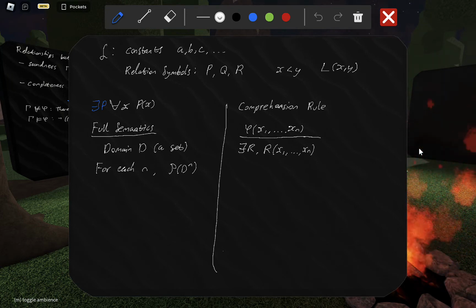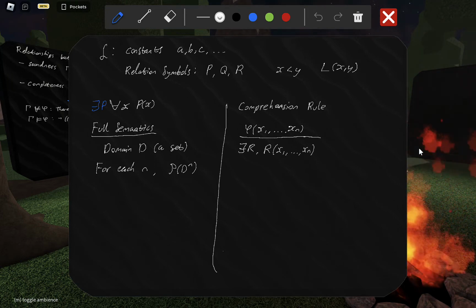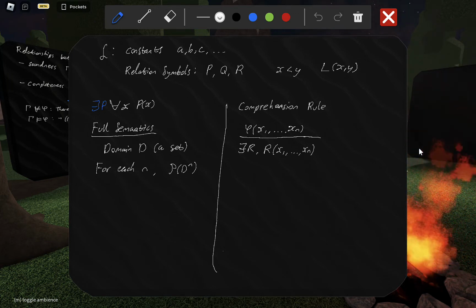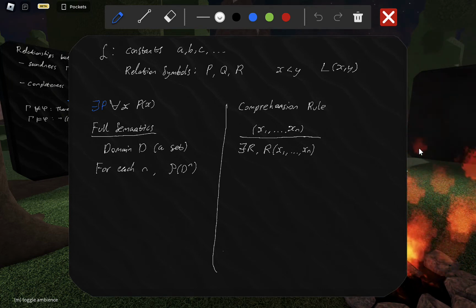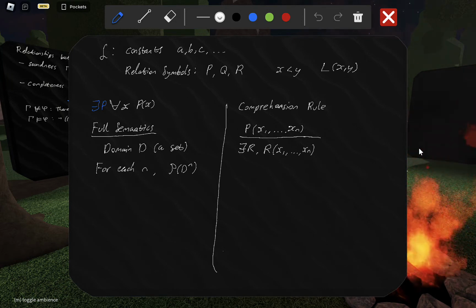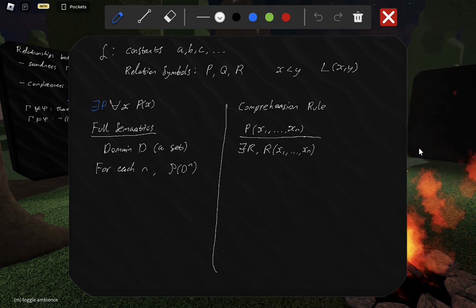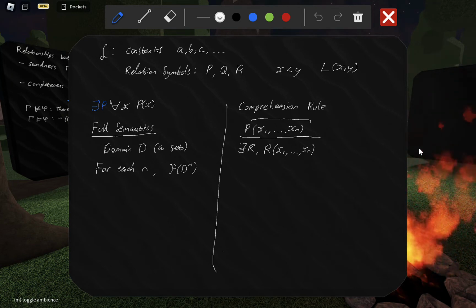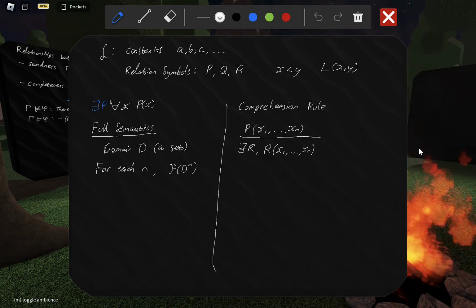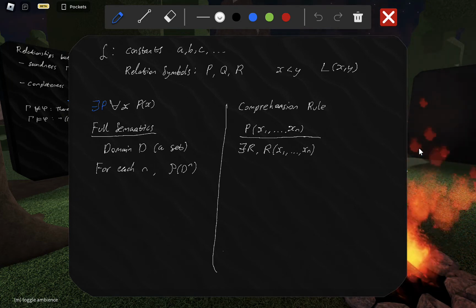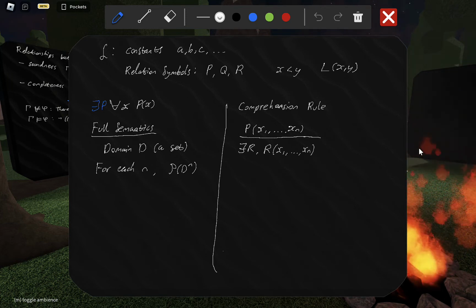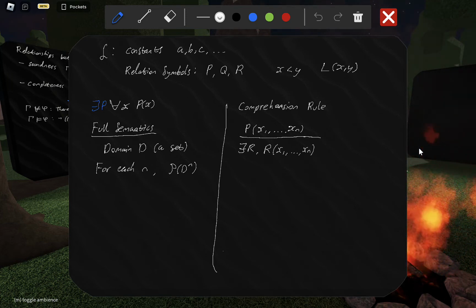I think actually, in this example here, I shouldn't have written phi. I want to say this is just like there's just a regular predicate symbol p, and this is just an atomic formula here with n. It's an arity n atomic formula. I'll now write the more general version of this rule, which is if you've got any formula at all, phi,